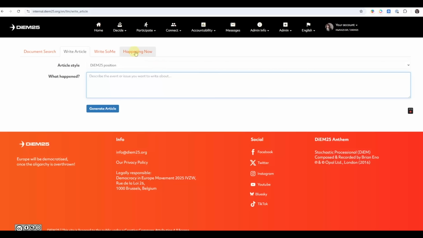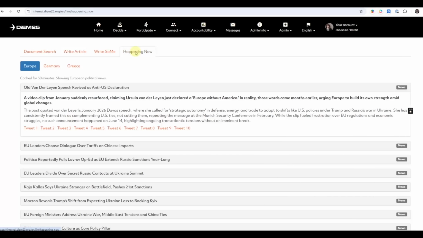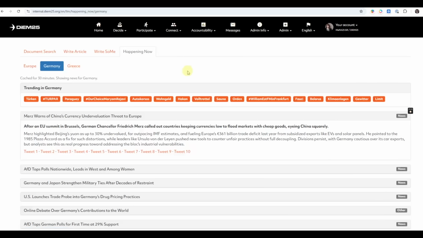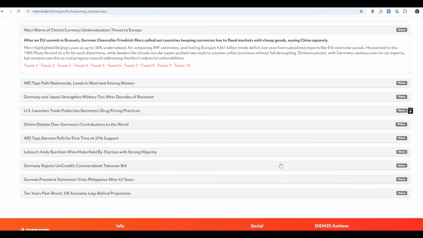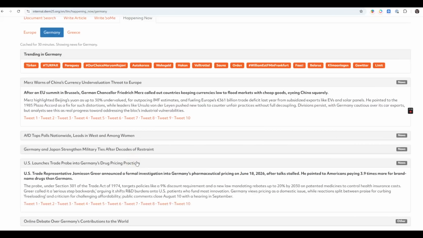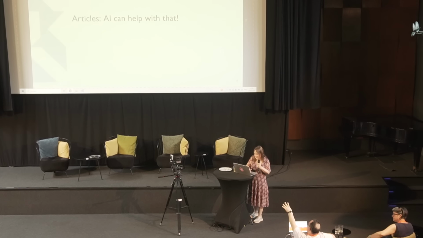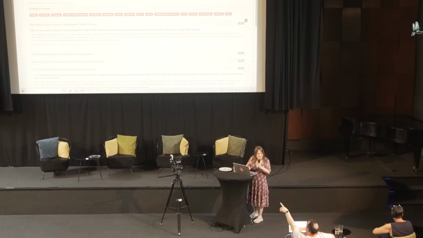Okay, and last thing on this page is the happening now, which is basically just a way to quickly get an overview of what may be the breaking news. And it's mainly from what people are talking about on Twitter. I know Twitter is not good, but this way you don't have to use Twitter, you just get the information. Like this thing hasn't been reported on any German newspapers as far as I know, but we may want to have a position ready. You have like these tabs on top.